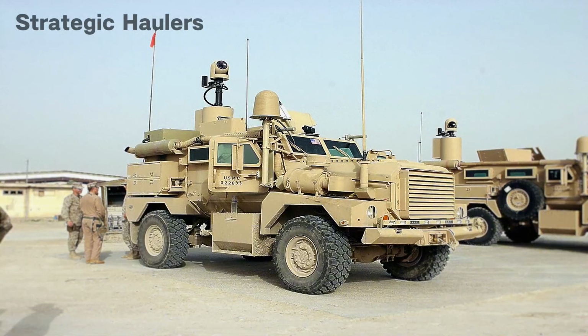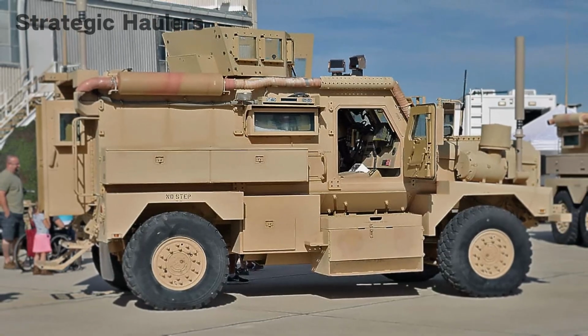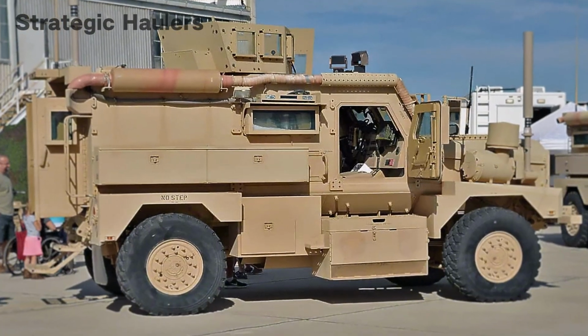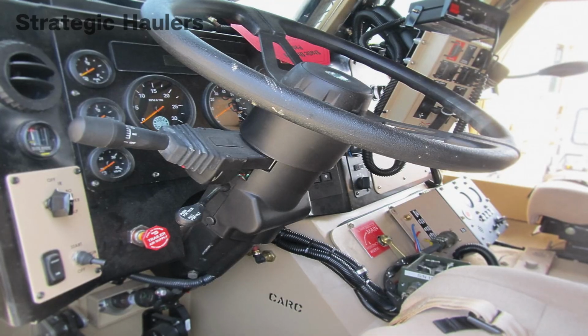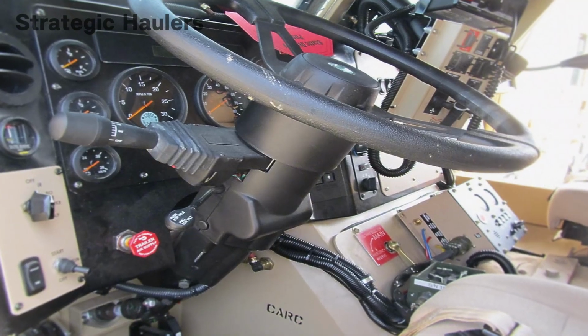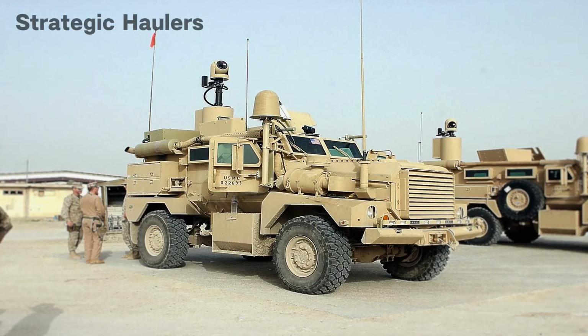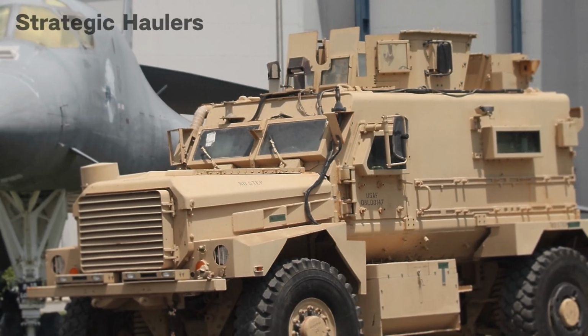Low range is reserved for technical terrain, recovery operations, or climbing steep gradients, effectively multiplying the torque to crawl over obstacles. The 4x4 variant, Cougar H, utilizes a permanent all-wheel drive system, while the 6x6 variant, Cougar HE, adds a third driven axle. The 6x6 configuration is particularly favored for its lower ground pressure, distributing the immense weight over a larger footprint, which is critical for preventing the vehicle from sinking to its axles in the soft alluvial soils of the Euphrates River